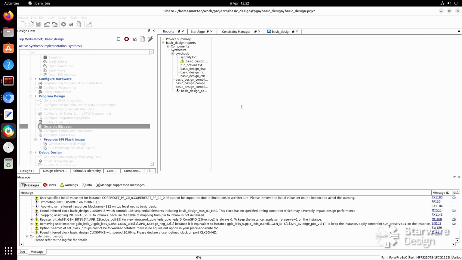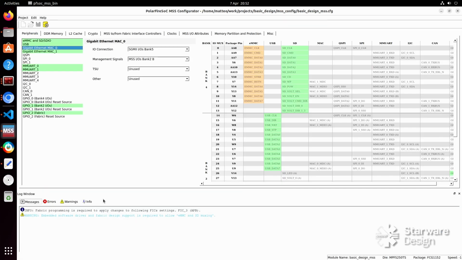You might have noticed that we didn't create pin assignment constraints for all the I/O ports on the block design. We created the pin assignment constraints for the UARTs, but not for the Ethernet. Let's open the MSS configuration again. If you look at the I/Os, some are fixed, like for the Ethernet, and some are fabric, which means that